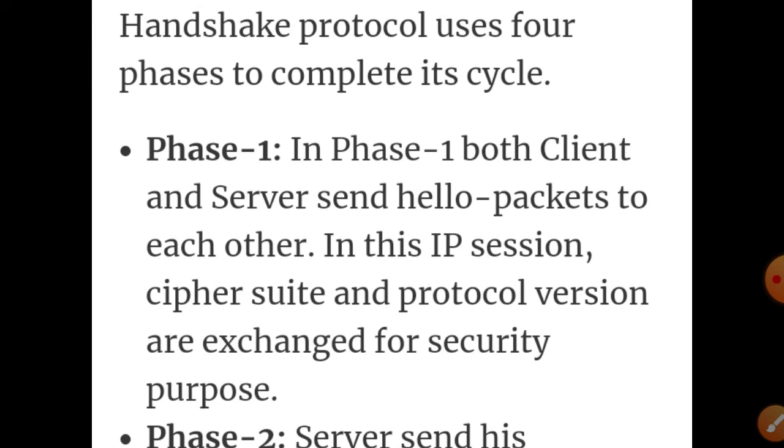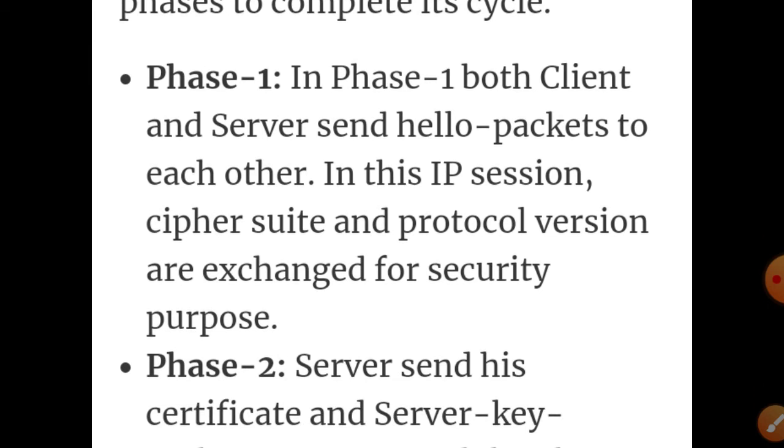This information is exchanged between the server and the client. So first the client and server exchange the hello packets, and after this the cipher suite and the protocol versions are exchanged. This is happening in phase 1.